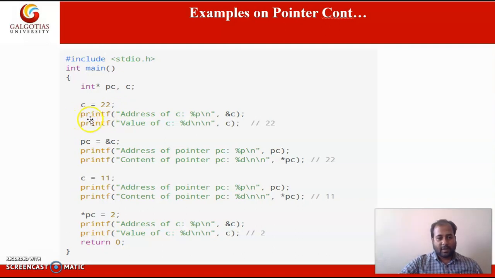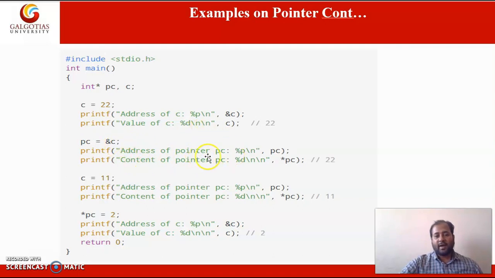In the first print statement we print the address of C. As I said, the ampersand operator can be used to print the address of a variable, and in the normal way we can print the value of C. After that we initialize PC, the pointer variable, to the address of C. So the value of PC will be the address of C.